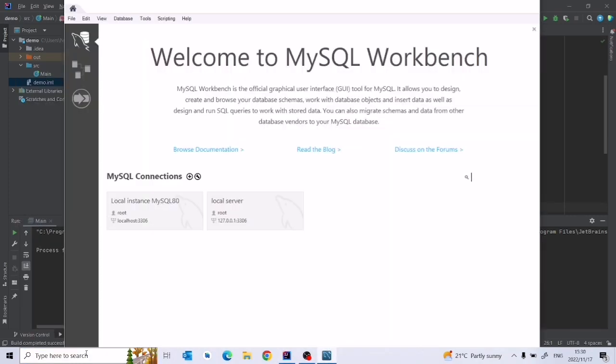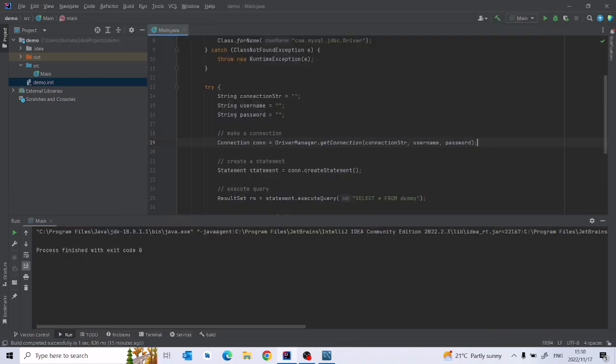Also, you need to remember the username you used and the password you used for your server, right? So you know that your username is root, so you can just type root here. For your password, you can type in whatever the password is that you have used to create your server. And for the connection string, you can pass it in, and let me explain exactly how